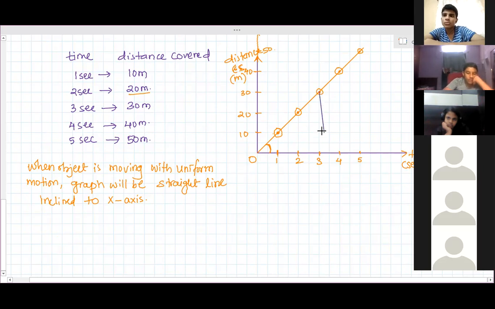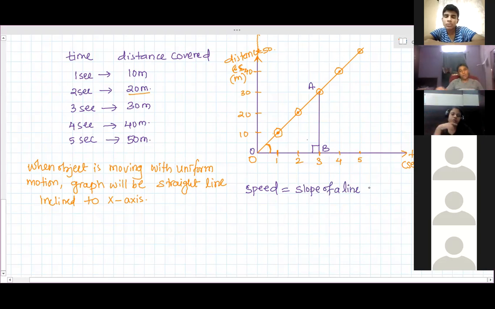A straight line on the x-axis. Okay. So we got a right triangle here. This is the right angle. This is position O. Consider this as A and this as B. So we have to create one right triangle. So we can calculate speed from this graph by taking the slope of a line.